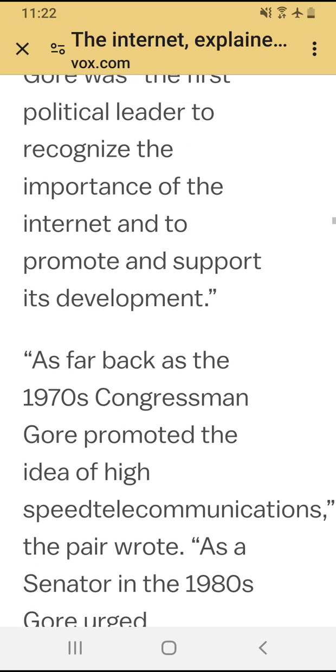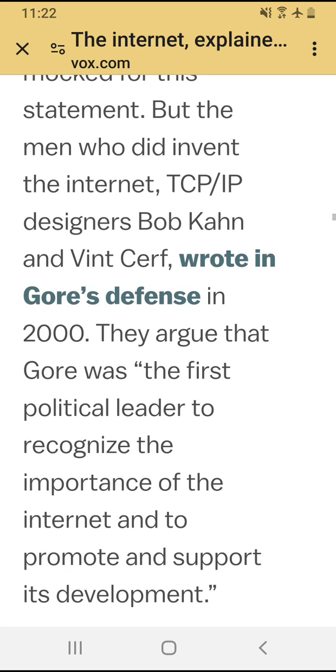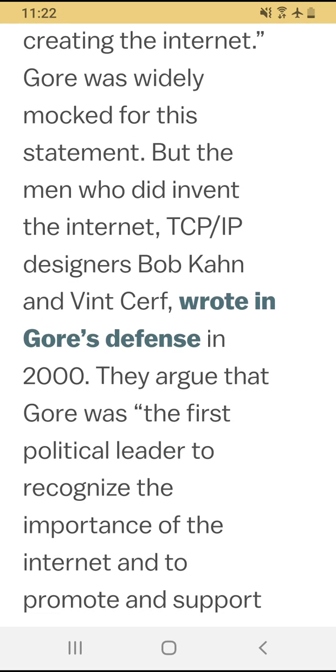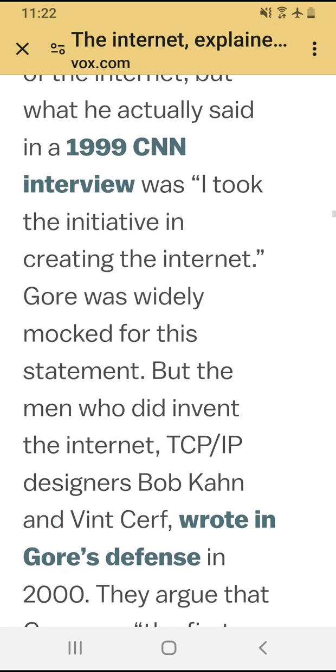Okay, so let's settle down for a second. We just talked about something important. So the designers were Bob Kahn and Vint Cerf. Now, Gore made this statement: "I took the initiative in creating the internet." Okay. Now, you remember the machines that they used back then?